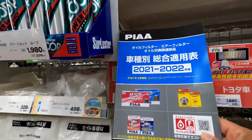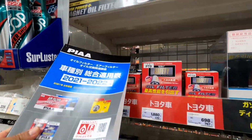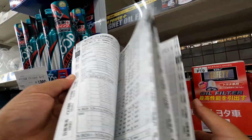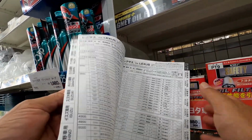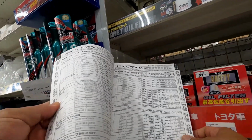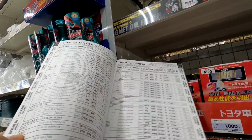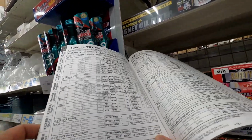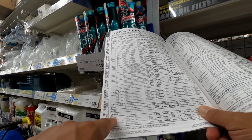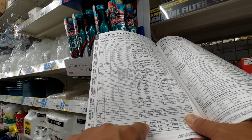Okay, so first thing you want to do is find your book. This is the PIAA, which is these ones. Then you find, I have a Toyota here. Mine's a Hilux. The Hilux, mine's an older model. It's going to be here, which is the